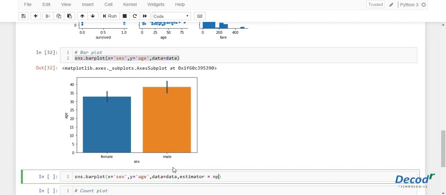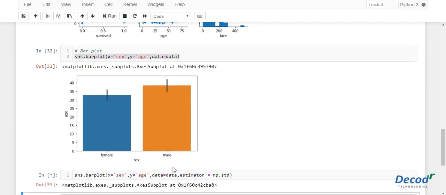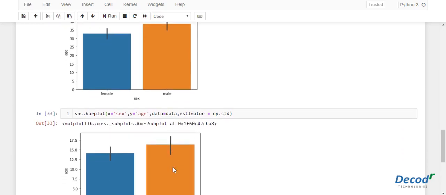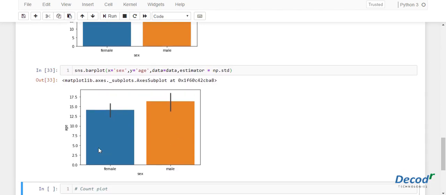So here we'll be using standard deviation, so it is np dot std, and if you execute this statement, you will now be able to see the standard deviation of both the genders. So female it's nearly 14, and for male it's nearly 16.5 or 16.